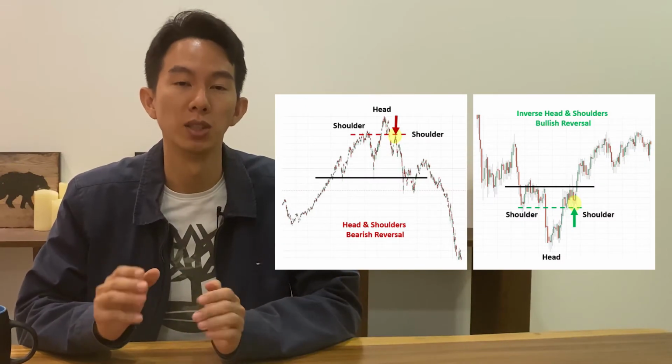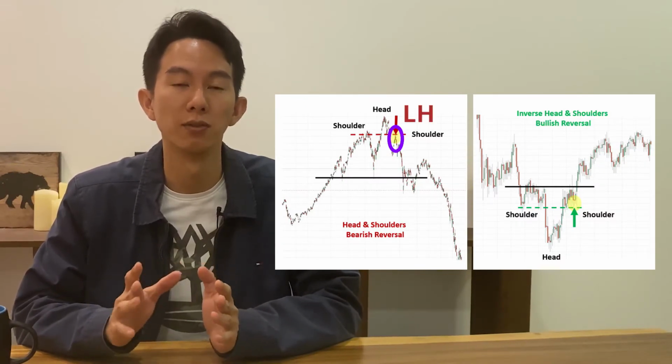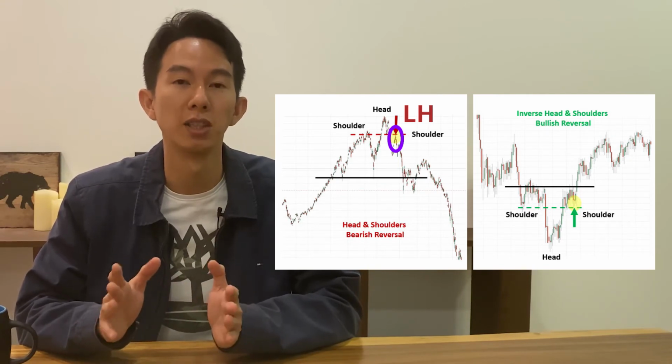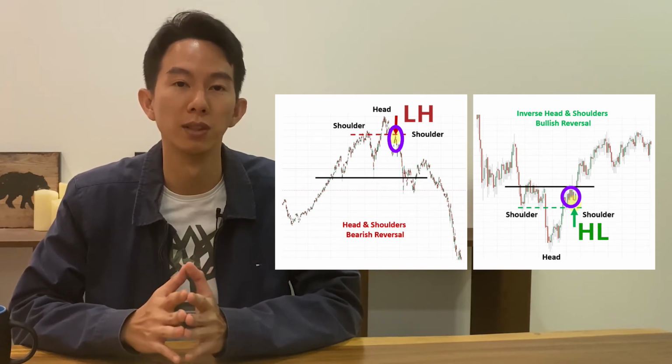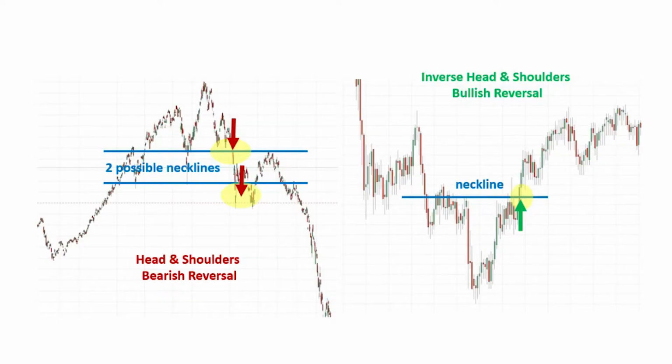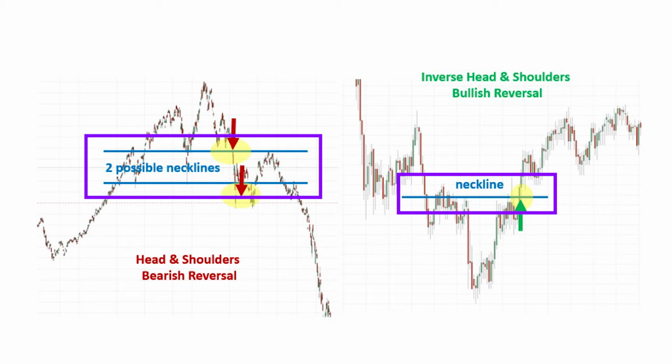In the previous strategy, which is the early entry, the entry was given on the first lower high, which is shorting a bearish head and shoulders reversal, or the first higher low if we are going long on a bullish inverse head and shoulders reversal. In this strategy, which is the breakout entry, the entry is given on the lower low or the higher high. Breaking the neckline automatically gives rise to a lower high and lower low respectively. In the examples above, we can see the neckline, which is the blue horizontal line, which denotes this crucial price level. Sometimes, if there's no clear neckline, this might result in a zone or multiple necklines.